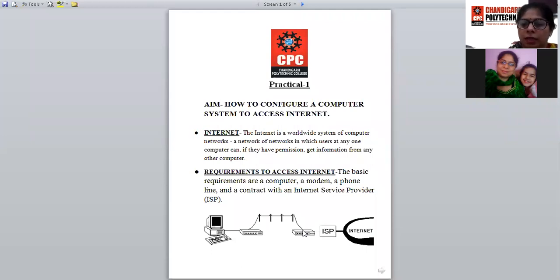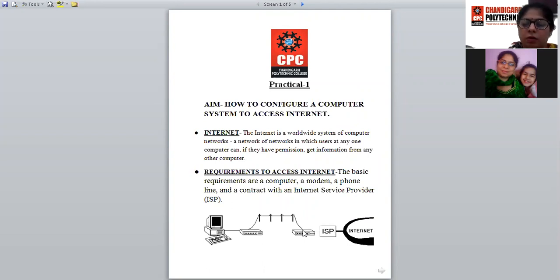Now, over the internet, as I told you, we have connectivity of computers across different networks. This connectivity is achieved in two ways. Either you can connect your computers through wires with the help of different types of cables, like twisted pair cables, or you can use fiber optic cables. If you need a very high speed internet connection, then you will use fiber optic cables.